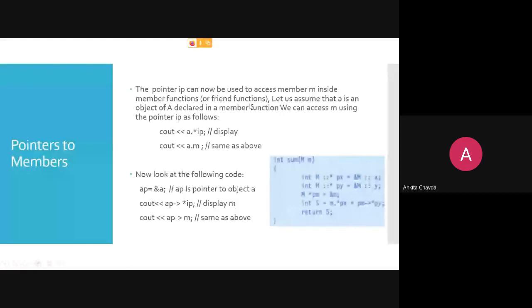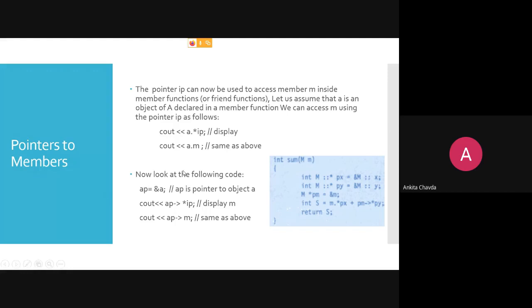Via this. So let us assume that small a is an object of class A declared in a member function. So we can access M using the pointer ip as follows: a.*ip, which is very similar to cout a.M, right? In any member function.